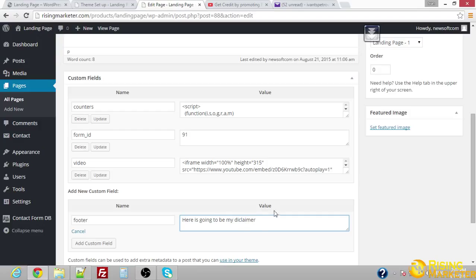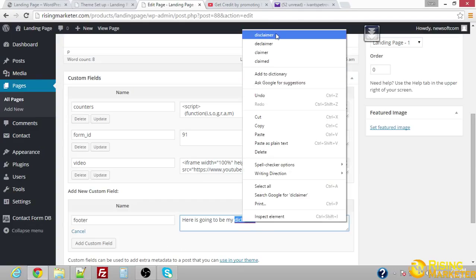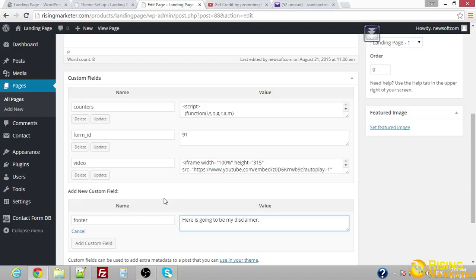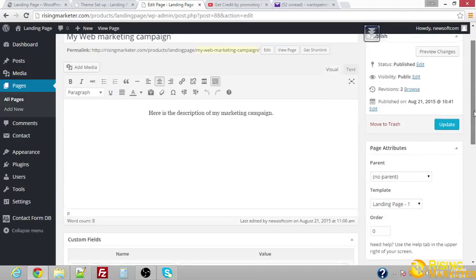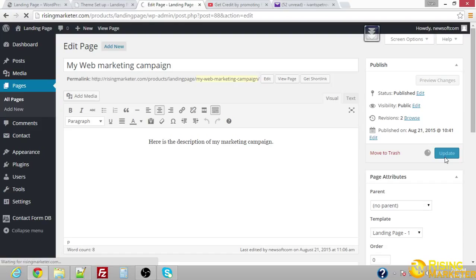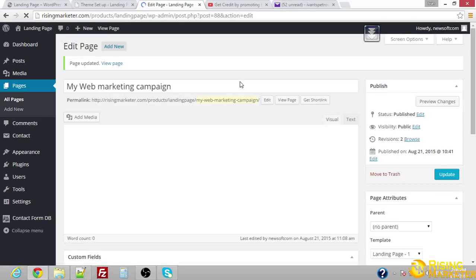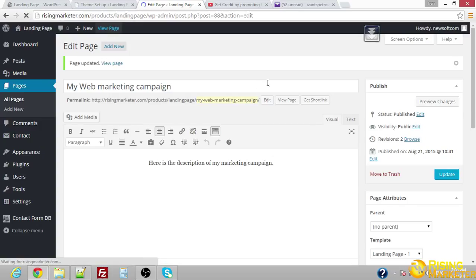is going to be my disclaimer. Sorry if I have any mistakes. Disclaimer. Okay. Sorry, it's very hard to do this, it's anyway not my native language. Sorry about this. So add custom field and I'm going to hit update. And once you view the page,